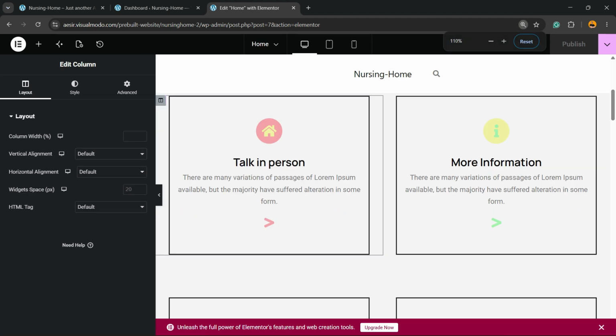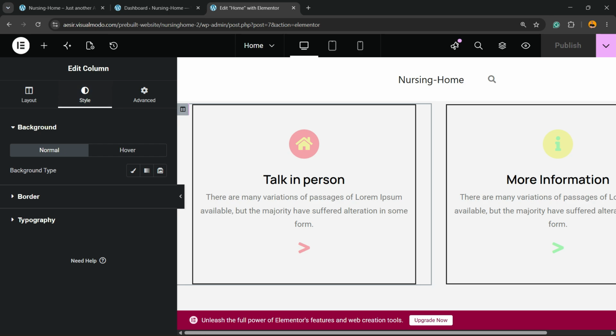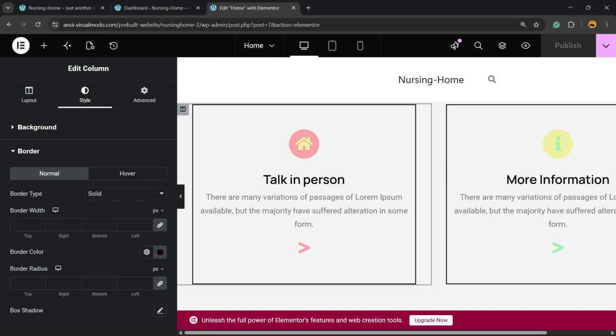Then you're going to be able to see into the left side of menus, Layout, Style, and Advanced. We're going to go to the tab Style. Once on Style, you're going to be able to see Background, Background Types, Borders, and Typography. Let's go to Borders. You can choose the border style, Solid, Dashed,